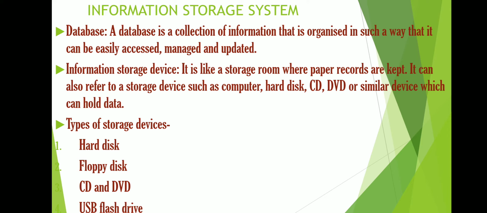Now next, the information storage device. Obviously, if these databases are electronic, there should be some electronic devices to store them. Like you store files in a storeroom, and a library's books are stored in racks or storage rooms, likewise the databases are kept in an electronic storage room, which is known as the information storage system. There are various devices which store such information, such e-files, that is databases.